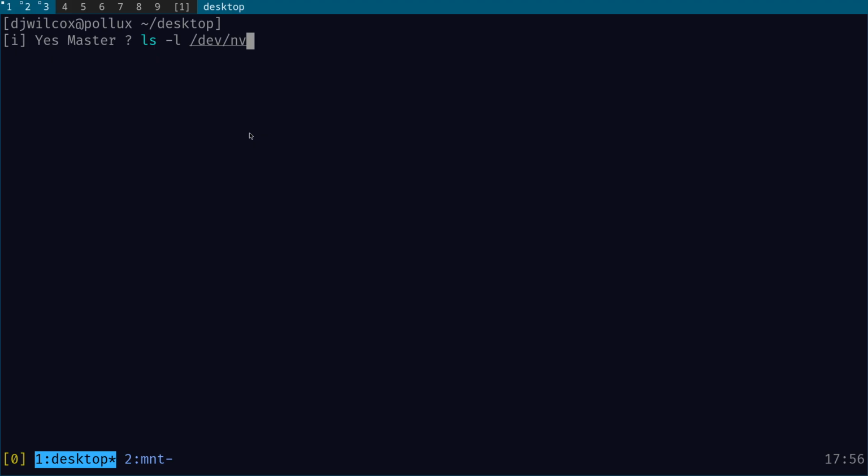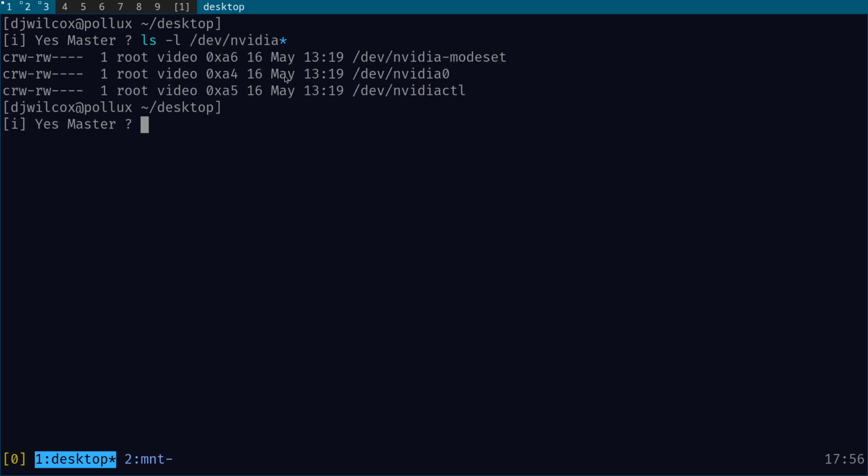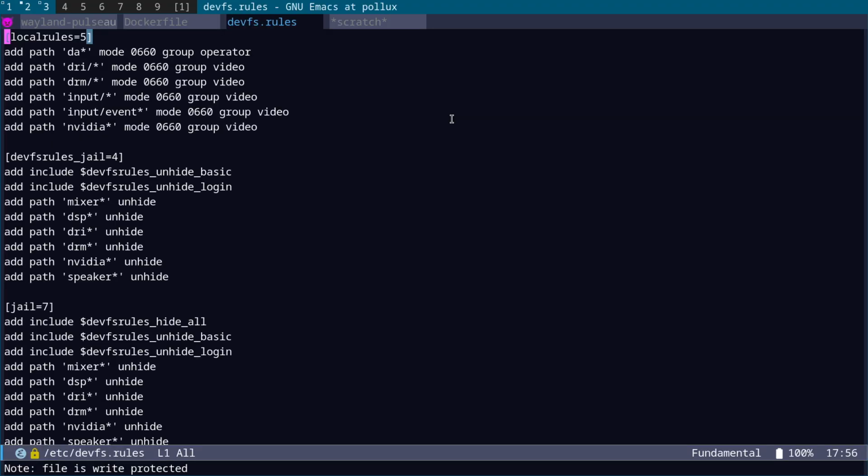Dev Nvidia. So root video. Okay, for these devices, and that is the local rules. And then we have a rule, a devfs rule for jail 4, which is the